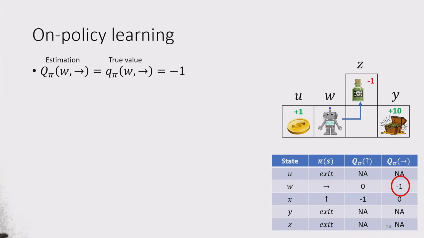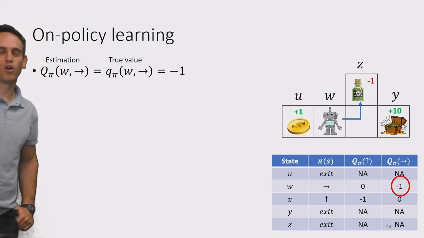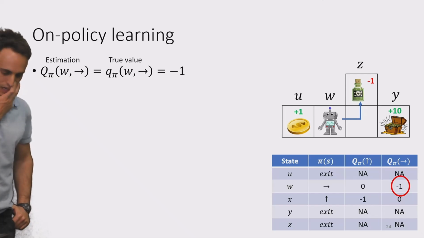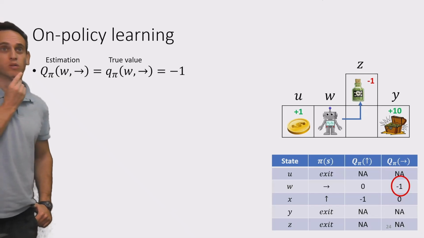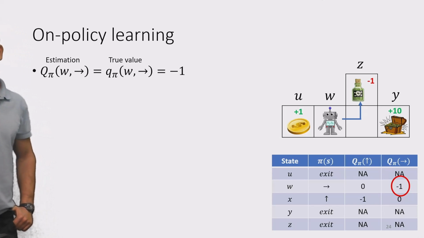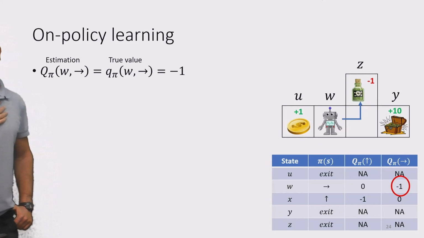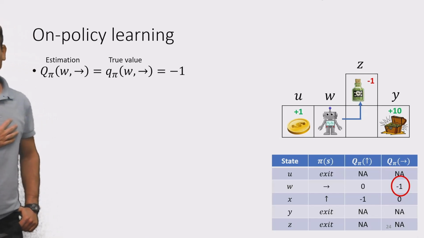So now we can define something called on-policy learning, and later on we'll see algorithms that are off-policy. But the Monte Carlo algorithm that we just observed is a good example of an on-policy reinforcement learning algorithm. What does that mean? When we estimate the Q value for being at a specific state, say W in the previous example, and going right,